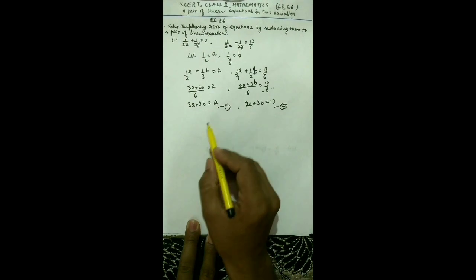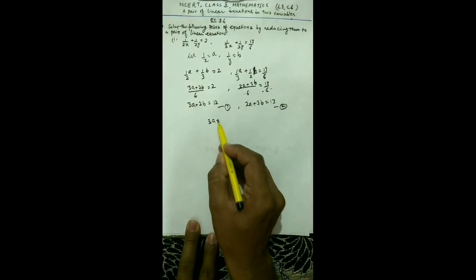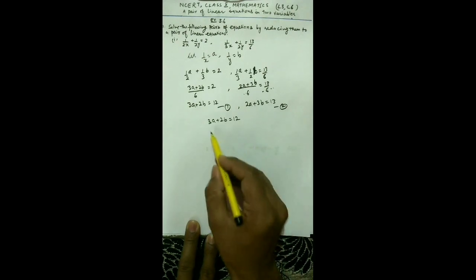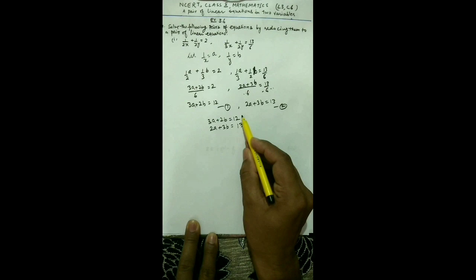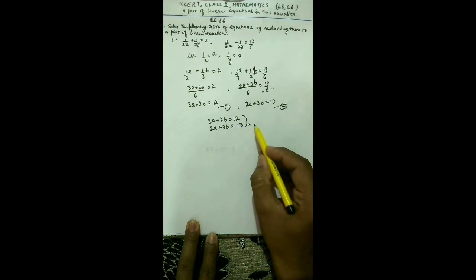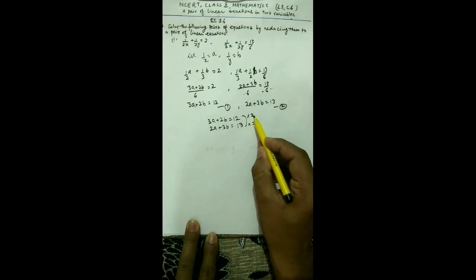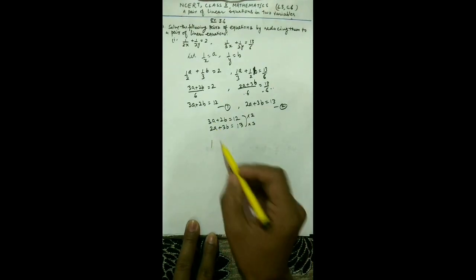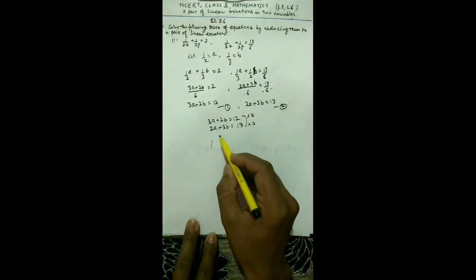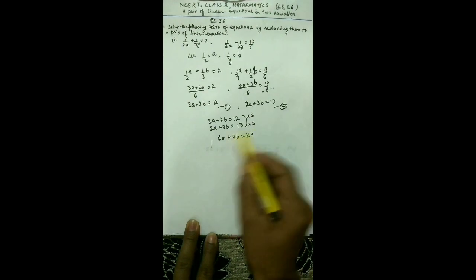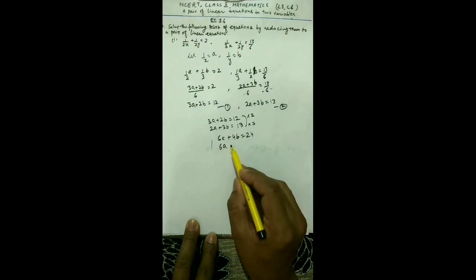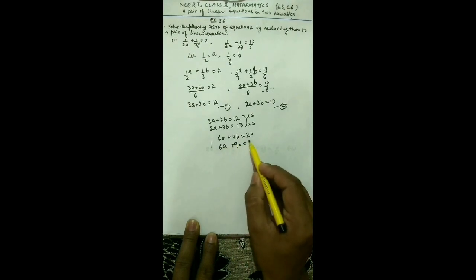Now you have these two equations, you can solve by any of the methods that you have learned. So now I'm using the elimination method. This is 3a plus 2b equal to 12, and this is 2a plus 3b equal to 13. So I can multiply this equation by 3 and this equation by 2. I have decided to eliminate a. So this will become 6a, and this will become 4b, this is 24, and the other is 6a, and this will become 9b, this is equal to 39.